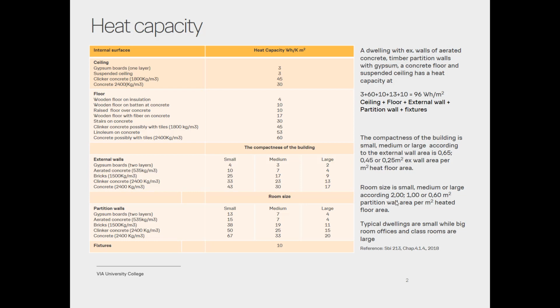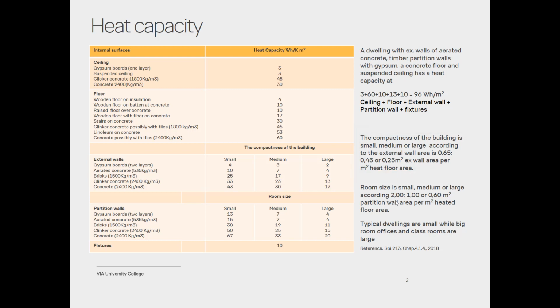To find out which compactness the building has, you need to find the external wall area and divide it by the heated floor area. And if you have 0.65, then it's small. If it's 0.45, it's medium, and if it's 0.25, it is large. That means that you take the external wall area and divide it by the heated floor